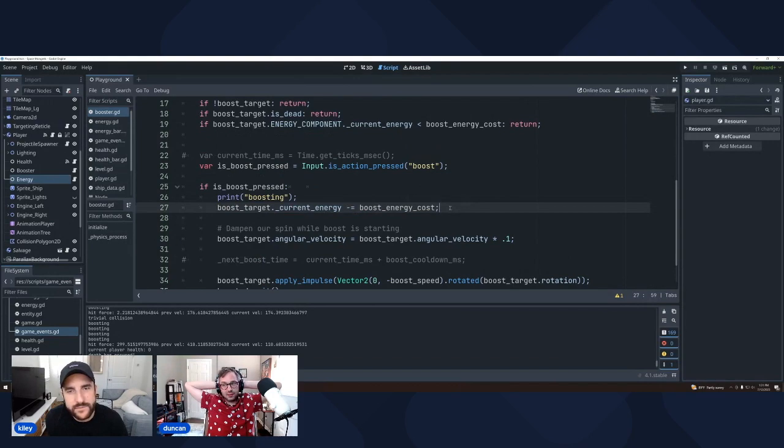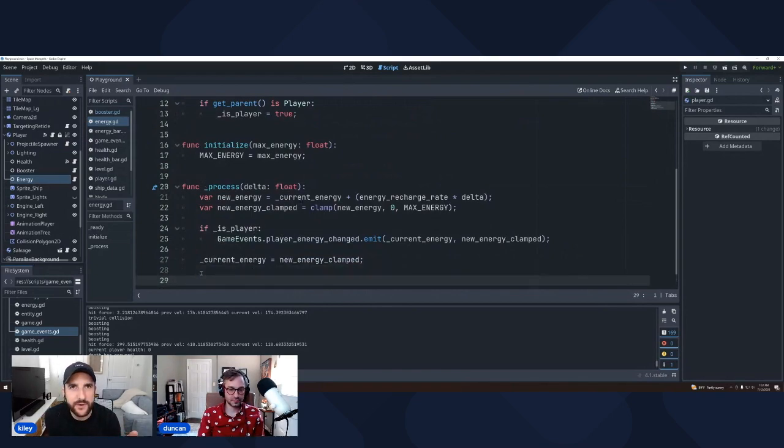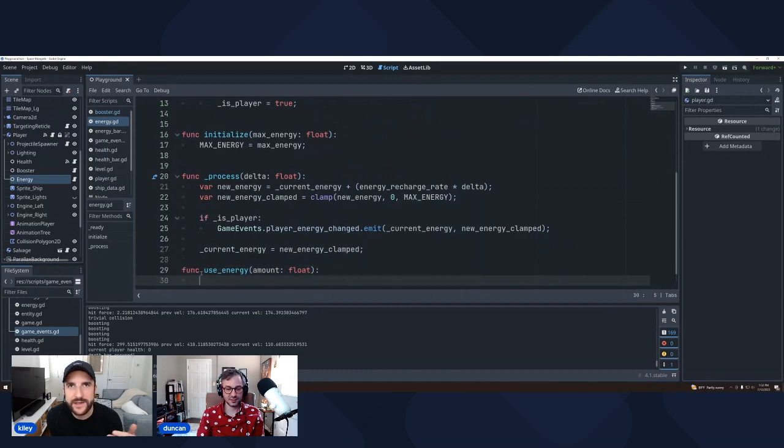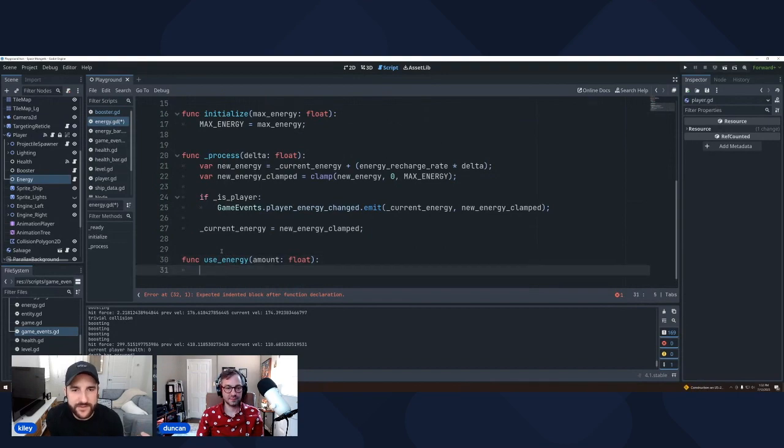Maybe it does subtract this, but in the booster or the energy script itself something executes after. So you're saying it's subtracting, but then it's replaced with the previous current one? Exactly. It's like a stale value, in JavaScript you might call it a closure, where it still has the previous variable.